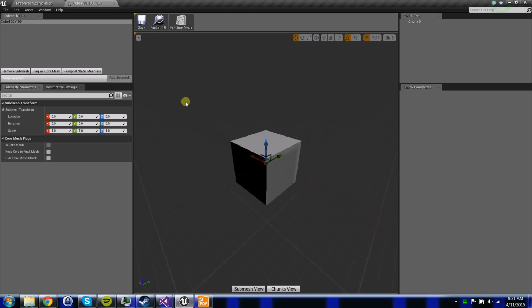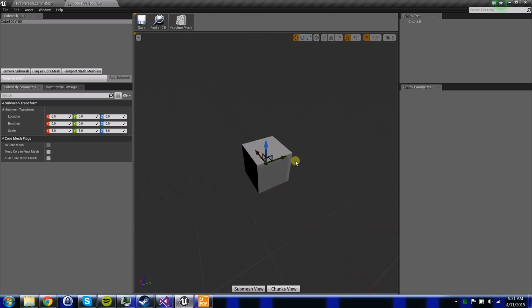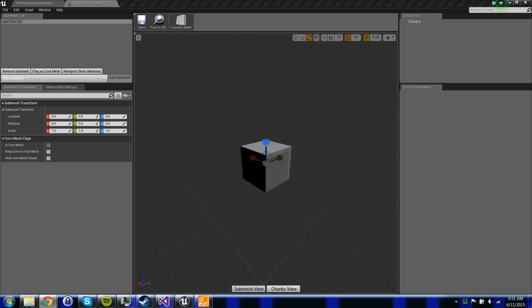Okay, so what you see here is the new UI. On the left is the tab related to submeshes. Destructible mesh can have one or more submeshes, and one of those submeshes can be flagged as a core mesh. You can see the flags and transform here. So you can see here in the submesh tab, you have selected a submesh in the scene, and we can transform it. All these things work, although as a polish thing, we need to make it a little nicer. Okay, so there it is, and